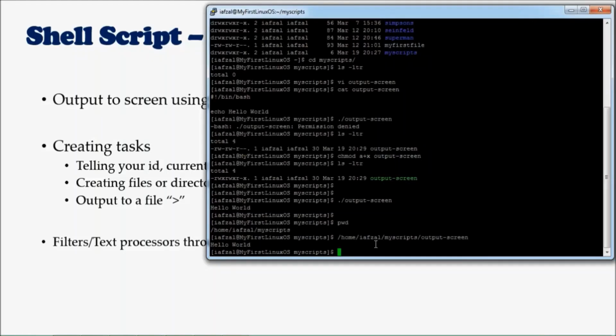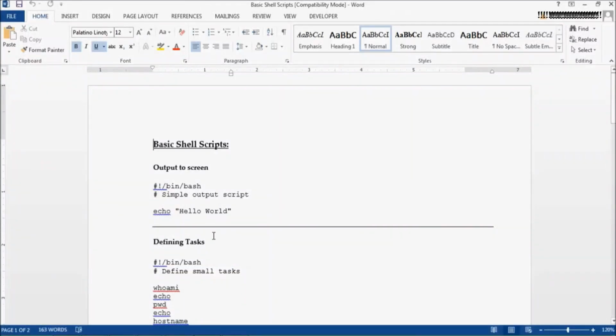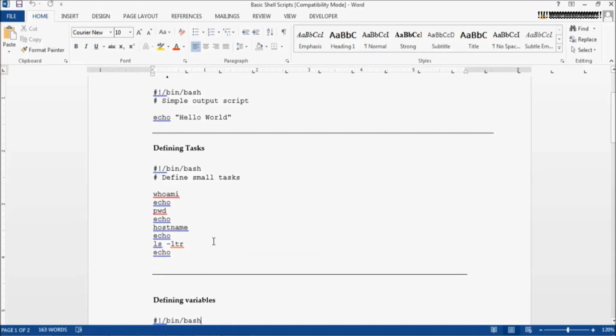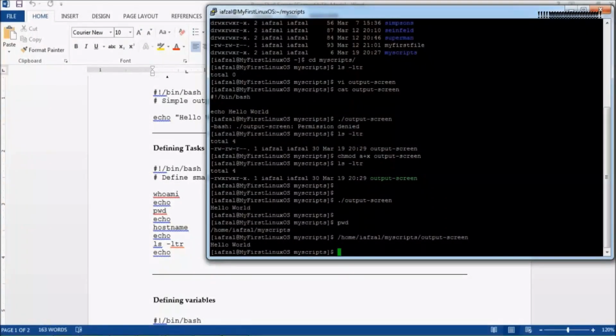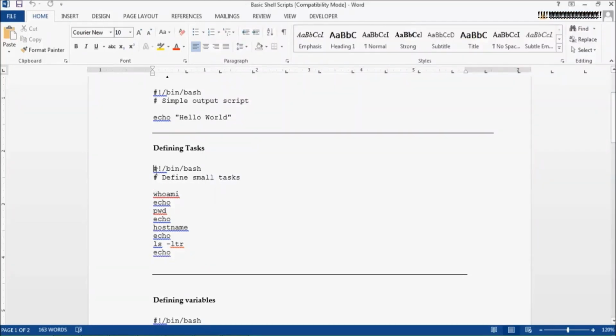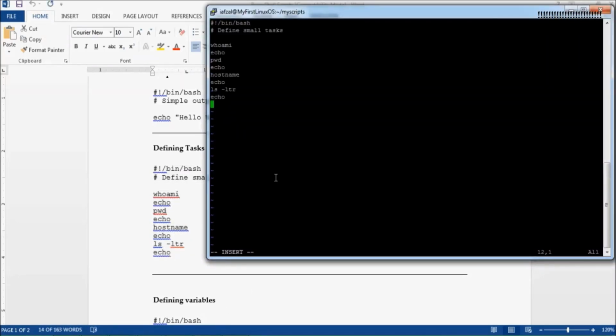Now I also have some scripts that are saved or written in my WordPad. I'm gonna bring that up and review them to tell you how we could list the command. So I could just simply copy and paste. Here's another script that will run commands for me. I'm gonna do vi run commands. It's just a name that I'm picking for a file. Once I do that, I hit I for insert, I go here, copy this,